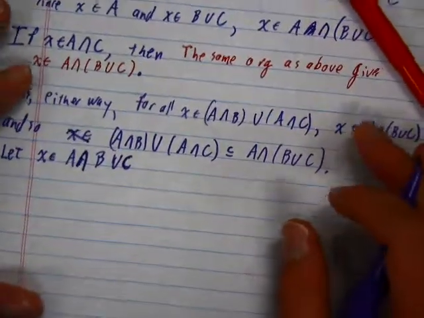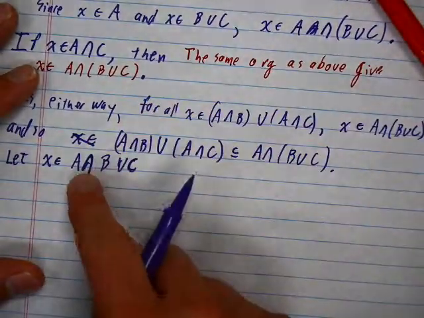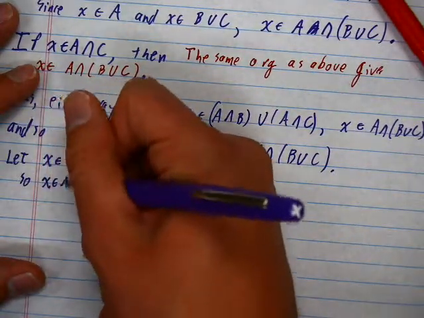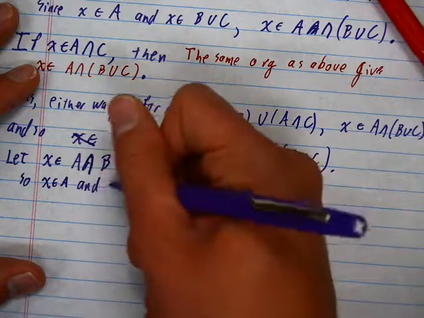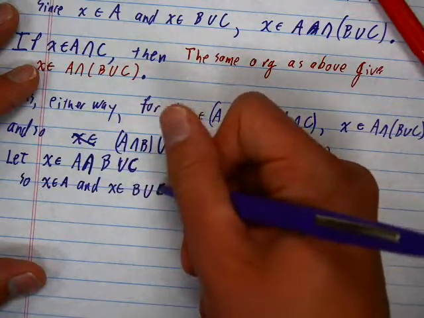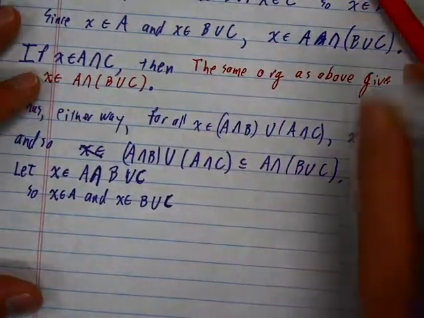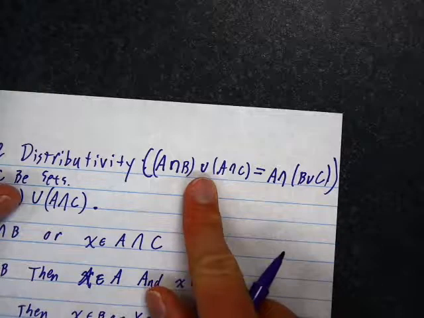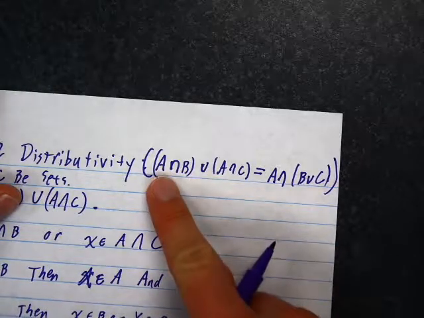All right, well, let's do it. I see an intersection. So x is in A and x is in B union C. And let's take a look at what we want to conclude. We want to conclude x is in A intersect B